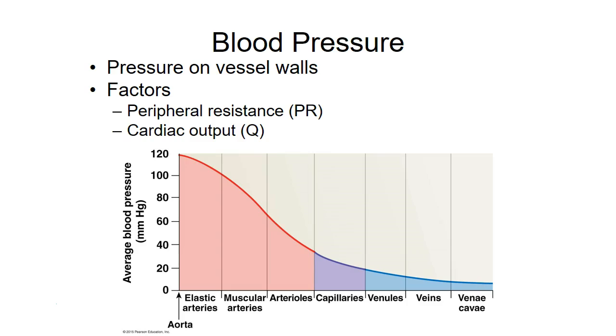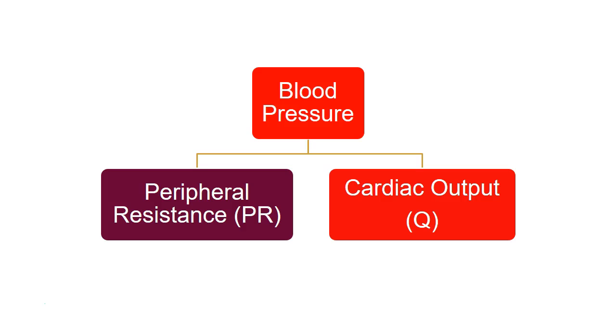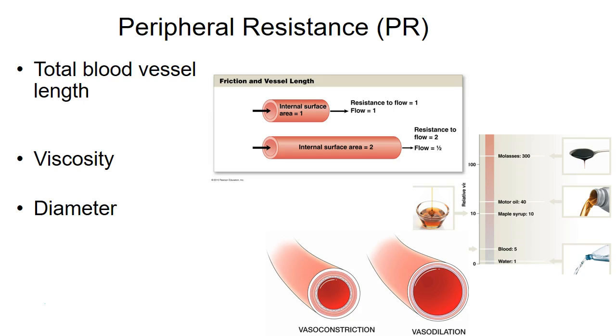For peripheral resistance, the factors we'll talk about are primarily in the peripheral arterial blood vessels. So we're going to be talking about the arterial system for peripheral resistance, because the bulk of that pressure is in the arterial system. Blood pressure is a combination of cardiac output and peripheral resistance. First let's talk about peripheral resistance, and then we'll put cardiac output into this blood pressure idea. Now, the factors that can influence peripheral resistance